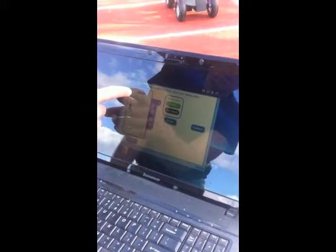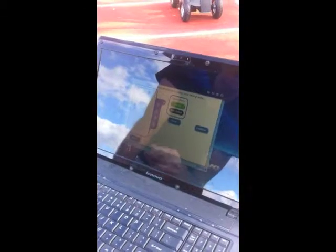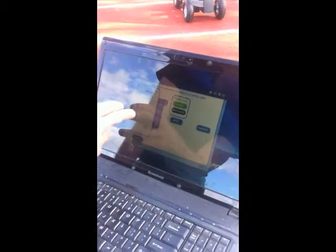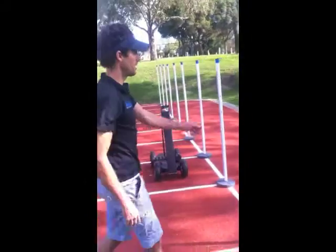This is saying the arrow of the bases are all pointing towards the inside of lane 1, which is how they're physically set up today. So my arrows are pointing to the inside of lane 1 on the track. My arrow on the screen is also pointing to the inside of lane 1, so I'm good to start turning on gates. So if you come over this way,